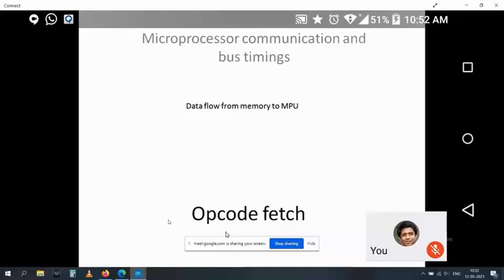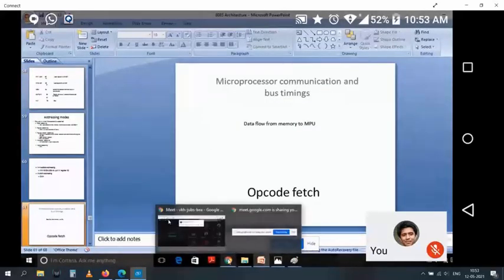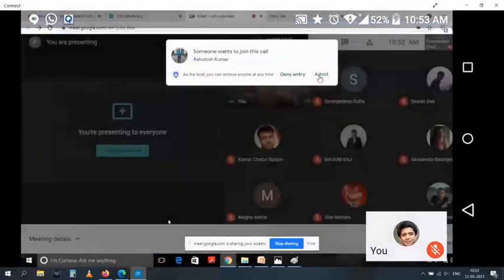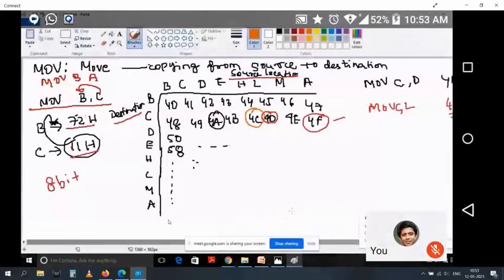We also know there is something called a program counter. The program counter will increase by 1 count every time, and it will point to the memory location where the instruction is being done. And there are registers and register pairs which are 8-bit and the memory location is 16-bit. Our data bus is an 8-bit data bus, and our address bus is a 16-bit address bus. All these things we have seen.